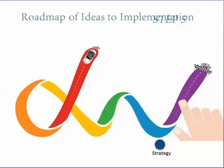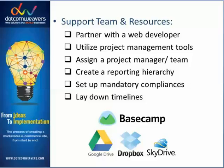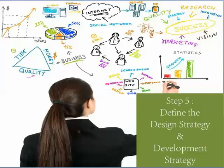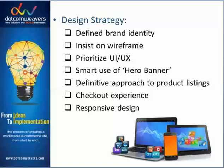As we talk about timelines and assigning resources, the next step is really step 5. Step 5 is defining your design strategy and dev strategy. What do we really mean by design strategy? Again, strategy is a big word and we all use it. Brand identity. Yes, the first and